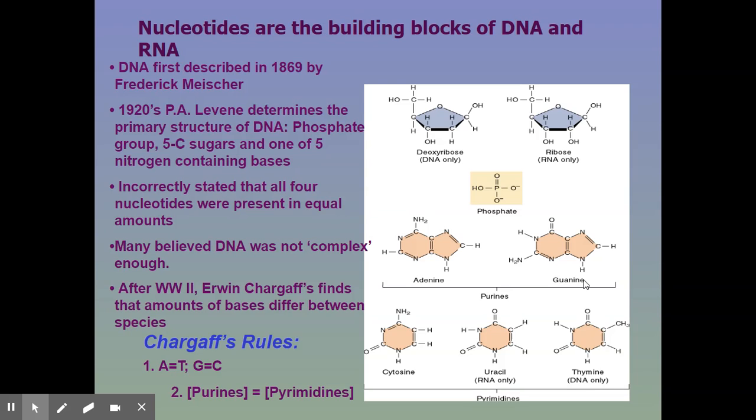All right, so like I said, there was a lot of information already known and available to Watson and Crick. They knew that nucleotides were the building blocks of DNA and RNA, described in 1869. The primary structure of DNA was determined in the 1920s. They knew that DNA was composed of these nucleotides, and each nucleotide was composed of a phosphate group attached to a 5-carbon sugar, which then had one of four